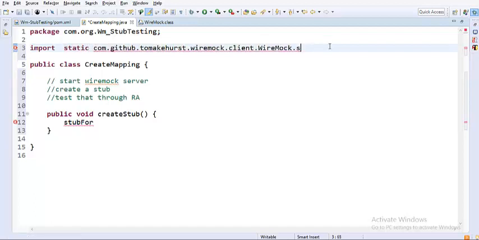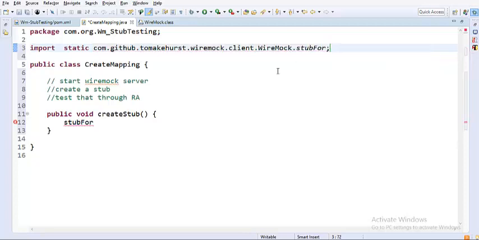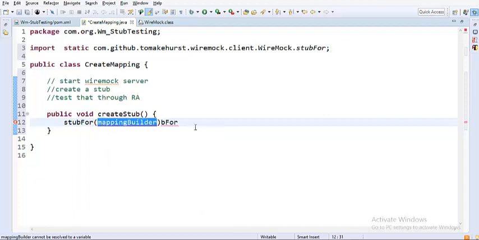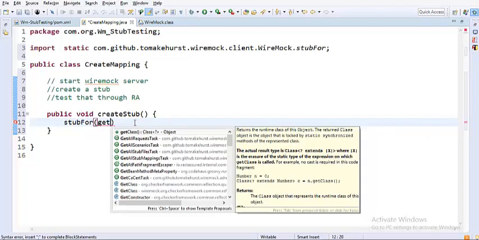If I wanted to have everything in place, for example, now I'll just mention stubFor. The moment I mention stubFor, you see it has actually suggested it for me. Now you have the stubFor suggestion given by Eclipse, and it is trying to take a mapping builder. Now let us create one thing called get. I'm trying to create a stub that works with the get call, and it will return a basic response, status code as 200 and some body message. Okay, so that's the stage for this lecture.